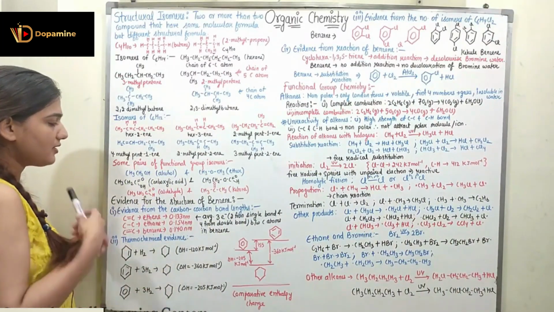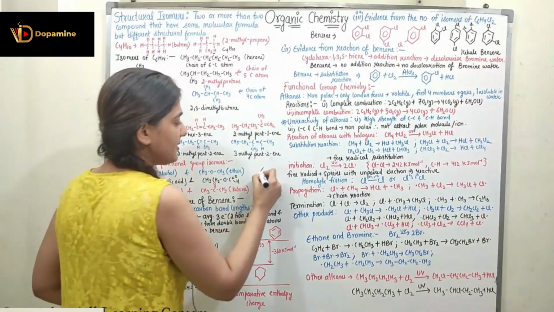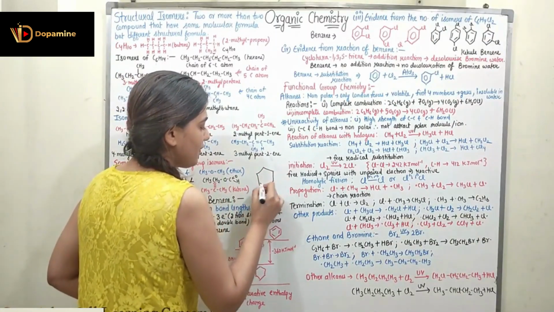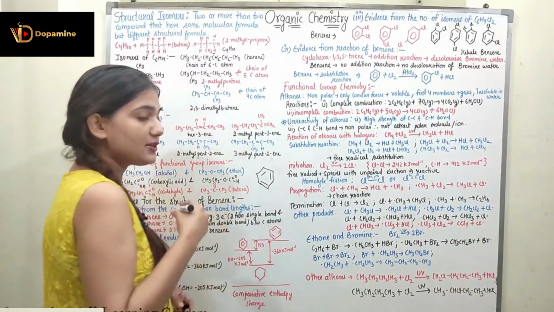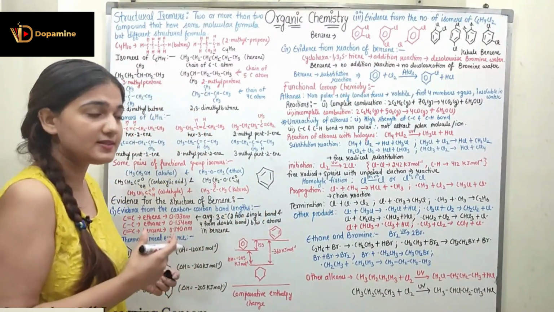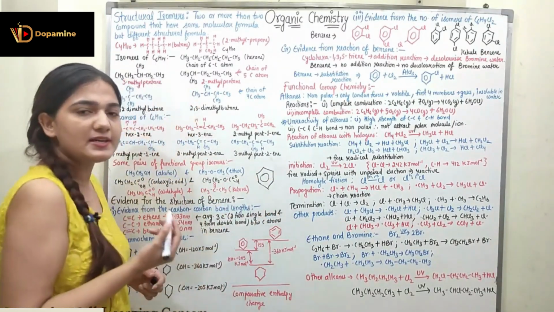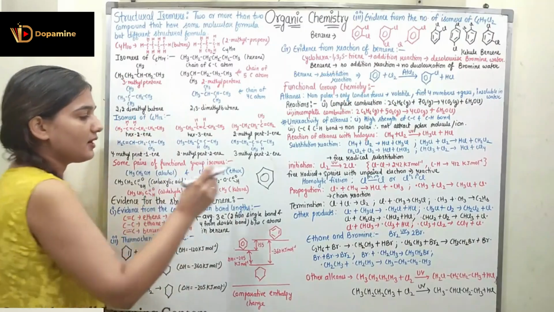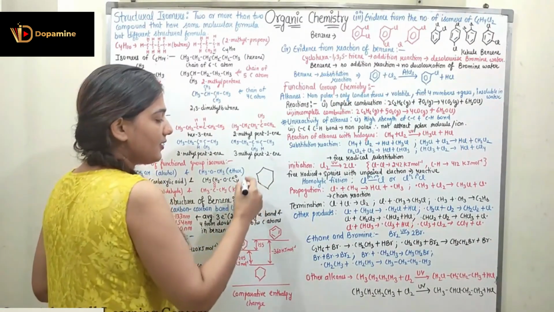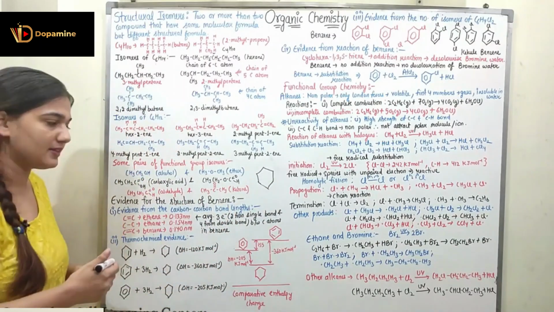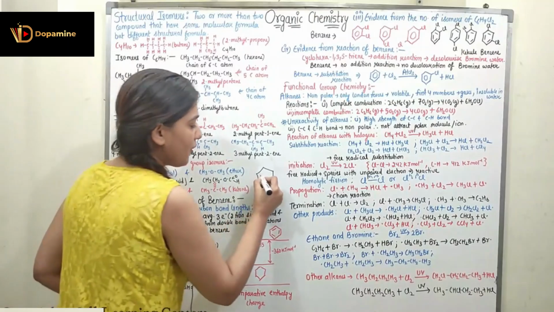Now coming to the structure of benzene. If I see the structure of benzene, I told you that in benzene we have 6 carbons, right? If I observe the 6 carbon ring, we have 2 double bonds, but we represent the benzene as this. Why are we representing the benzene ring as this? Because the bonds are not purely double bonds and single bonds. The length of the bond is in between the double and the single bond. So we have a structure of benzene which is different from this structure.